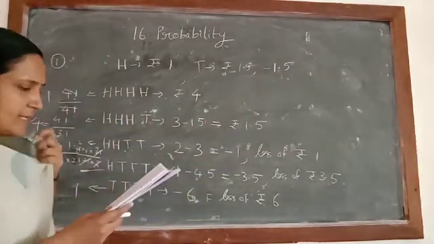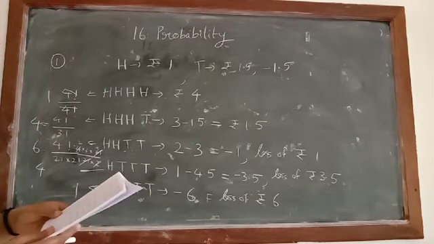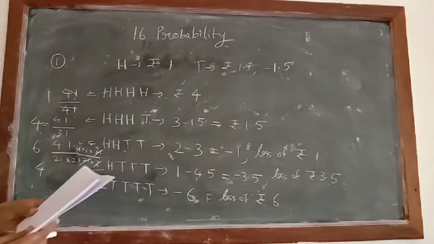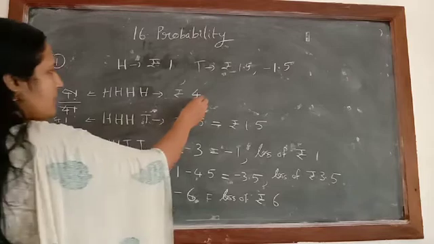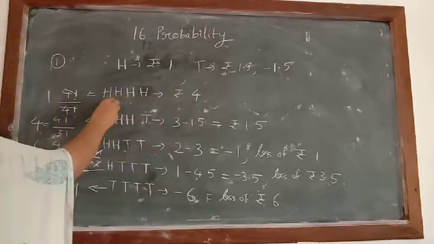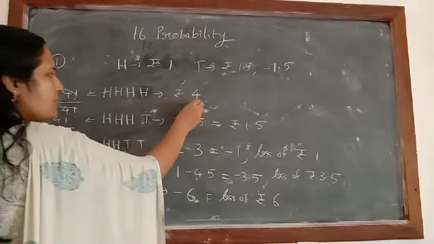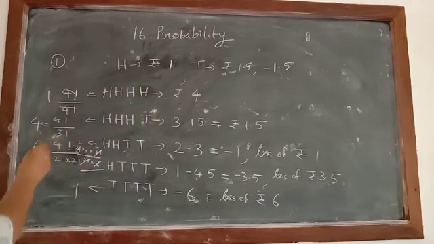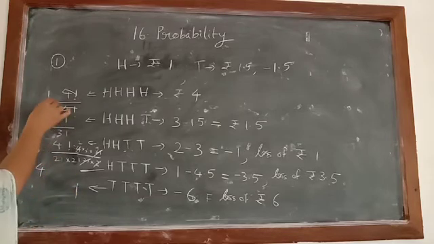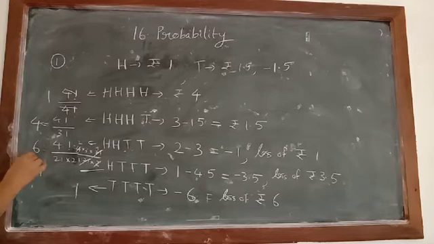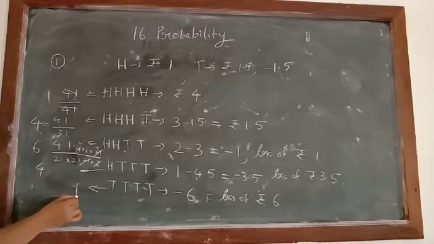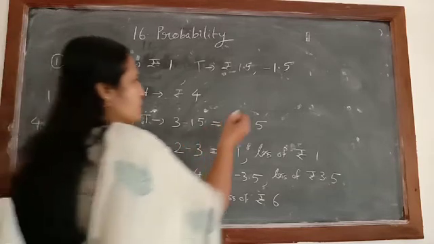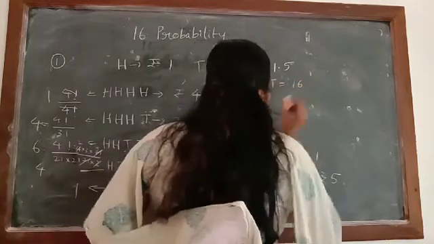And then it is written, also find the probability of each of these amounts. So we have to find the probability of rupees 4. Probability of rupees 4 will come when we have 4 heads. So just to check, here we wrote how many times each event will come. You can check the total outcomes: 4 plus 1 is 5, 6 plus 5 is 11, plus 4 is 15, plus 1 is 16. So total it will be equal to 16.